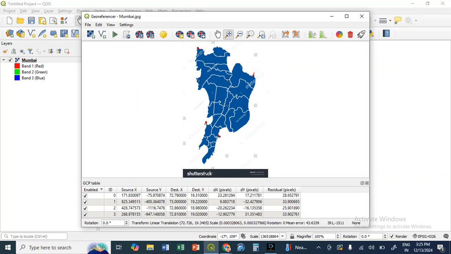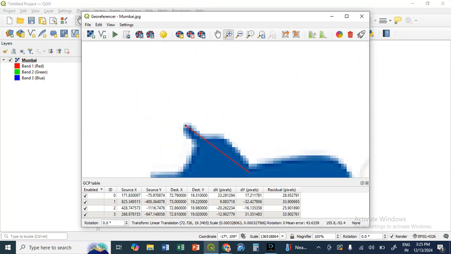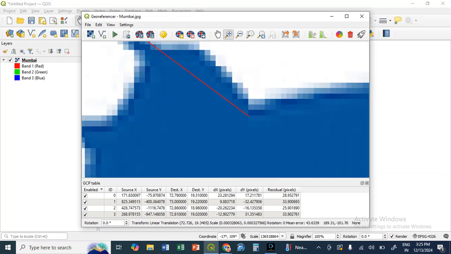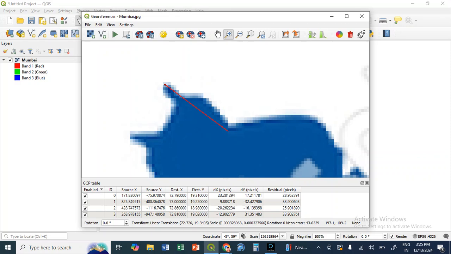Now how do I correct it? Because residual pixels are required only till 0.05. Above that is not allowed, or maximum 0.5 you can take the residual pixels. If they are more than that, that means your georeferencing is improper. And when your georeferencing is improper, what happens is your map will shrink, or it will become oversized, or it will compress. In that case, if your base map is not proper, you will not be able to create the correct map over it. So what do I do now?